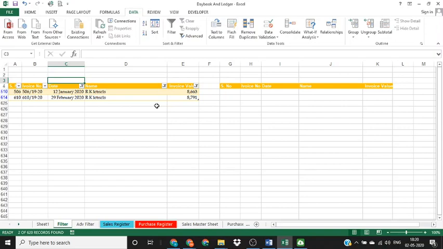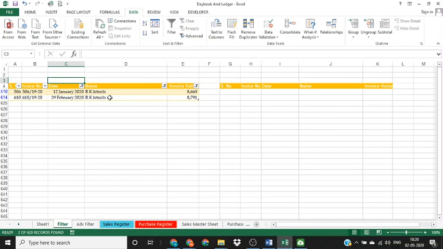Now imagine, after applying all the filters, you want to know what filters you have applied. You cannot identify that from this set of data unless you go to this small filter icon, where you can see this particular column has been filtered for invoice value greater than 6000, this particular column has been filtered for RK Electricals, and this particular column has been filtered for equals to 2020. So this is a shortcoming of the filter option, which Excel has covered with an advanced feature of filter, that is advanced filter.